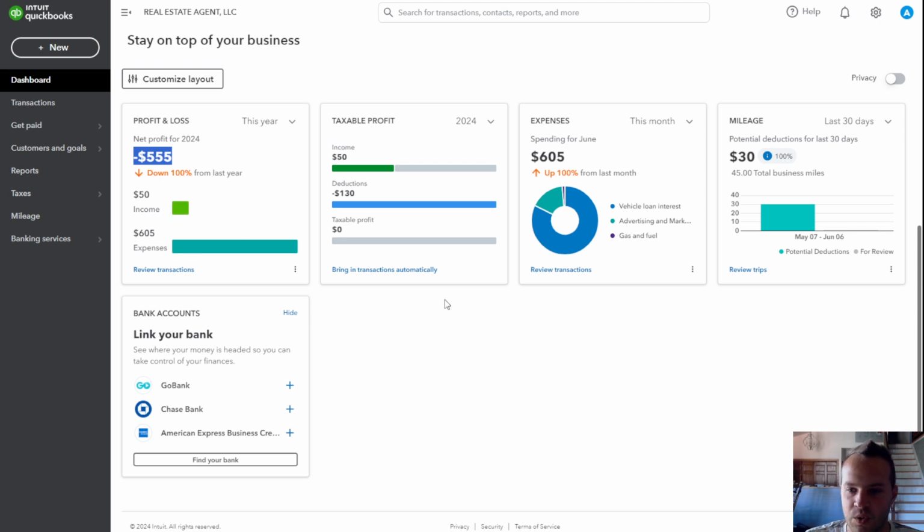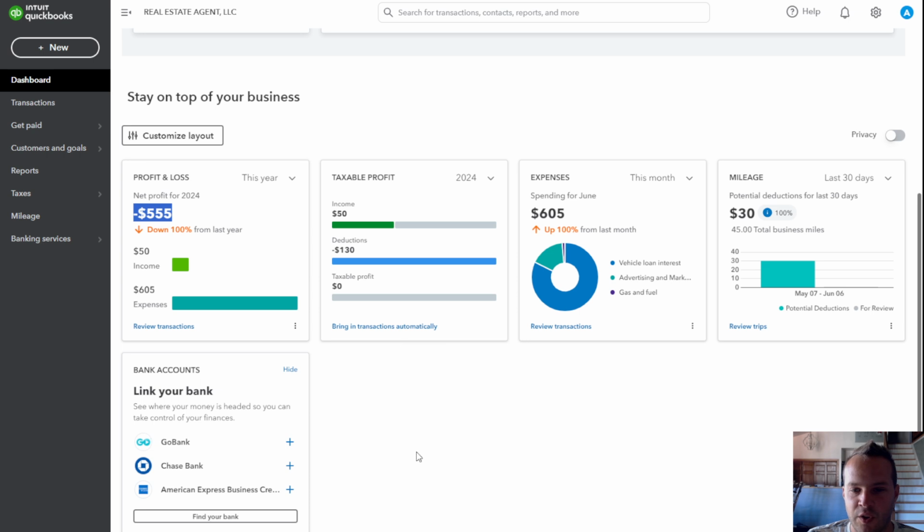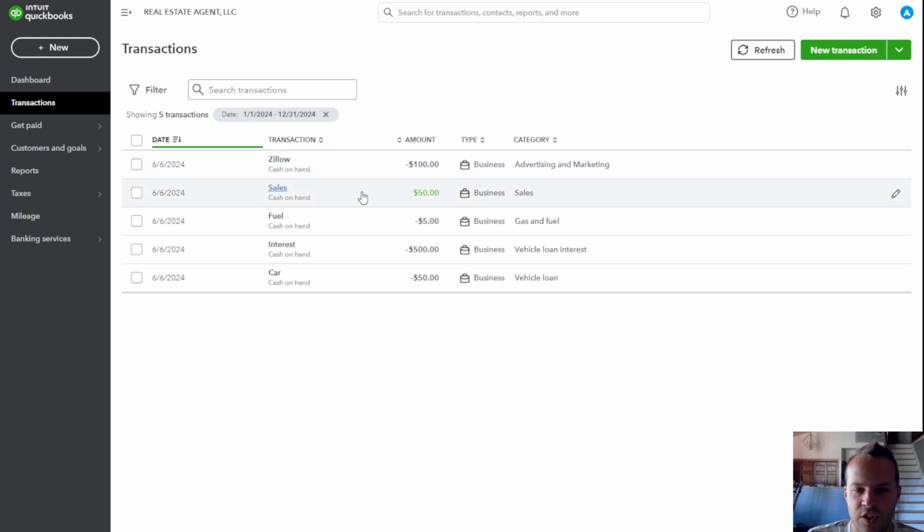And that's where sometimes this QuickBooks SoloPreneur can actually get confusing because of how this profit and loss and taxable profit is all calculated. And so it's important to understand, but it's very, very easy, I think, for a solopreneur because we got a lot of these kinds of heavy expenses that are deducted differently. So like for a real estate agent, you may be heavy in your mileage expenses, especially if you're just getting started and you're a new real estate agent. You might only have a couple sales or something like that. So it's extremely